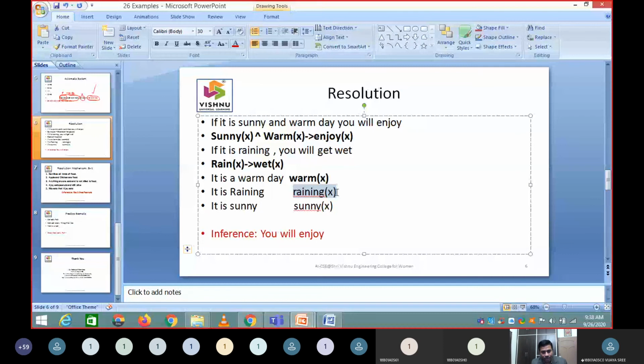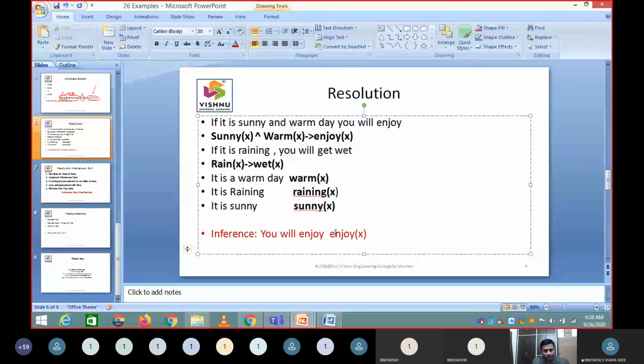So you have converted everything in terms of first order logic. The question was simple, like you are enjoying something like this. So you have something called as enjoy of x or something. If you don't write x also, that does not mean anything, because this knowledge is not pertaining to anybody. So the 5 statements are given.